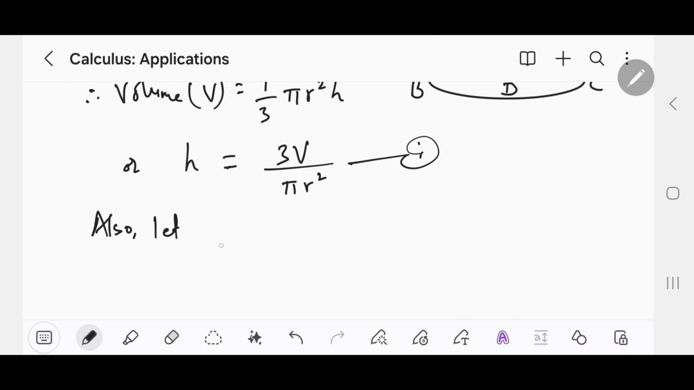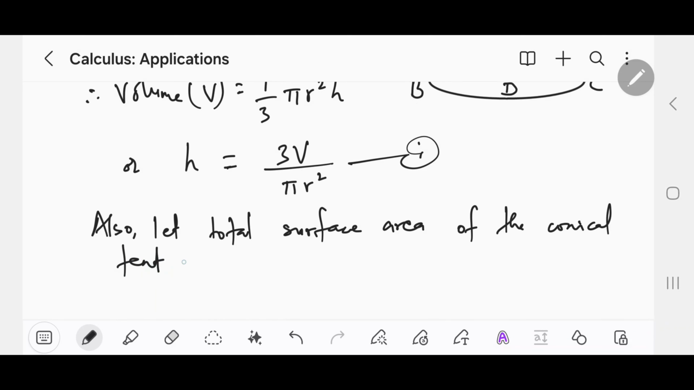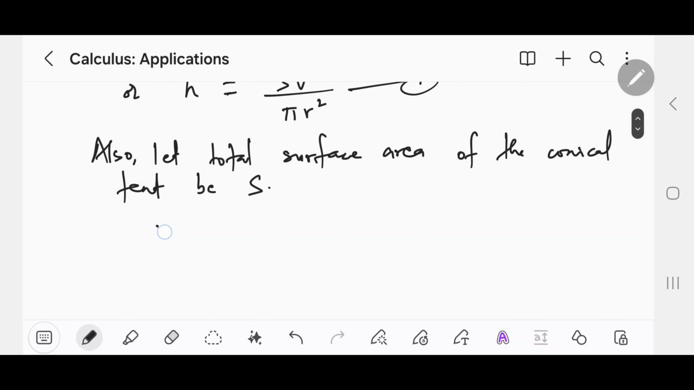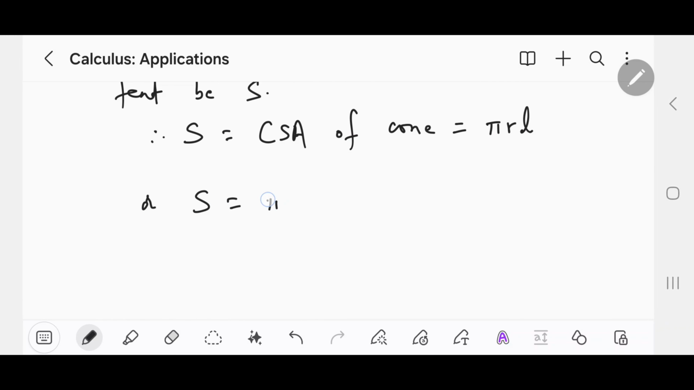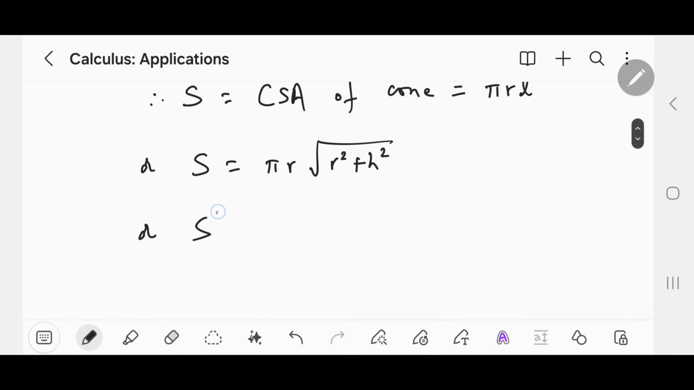Also, let the total surface area of the conical tent be S. Therefore, this total surface area of the tent will be the curved surface area of the cone, which is equal to pi r l, or S equals pi r root under r square plus h square, which can be expressed as S square equals pi square r square into r square plus h square,